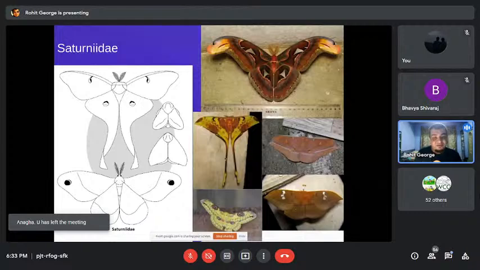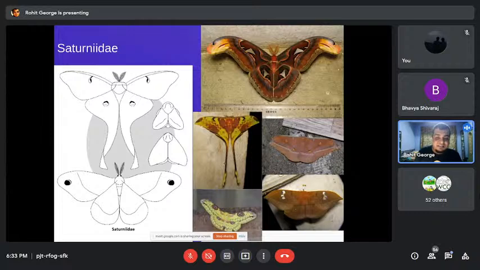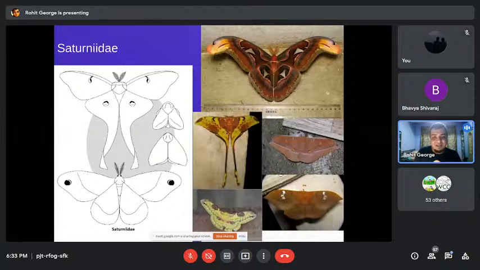So very often when you see these, like this was a very freshly emerged one, one or two of these hind wings may be broken. And what that often means is a bat tried to attack it, but the bat got confused because of this. So it attacked the bottom of the wing instead of the body, allowing the adult to escape.